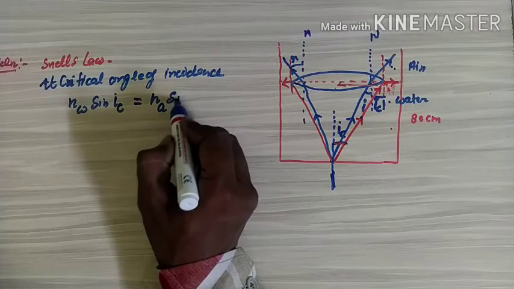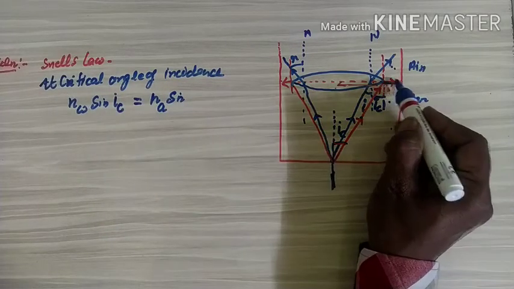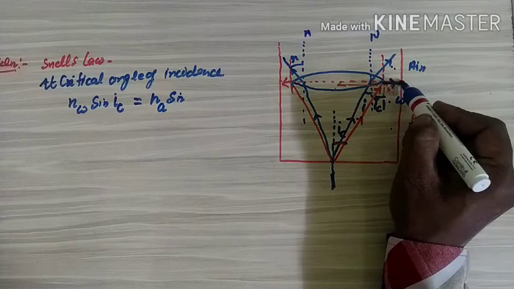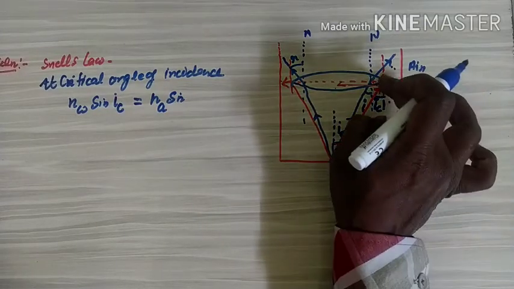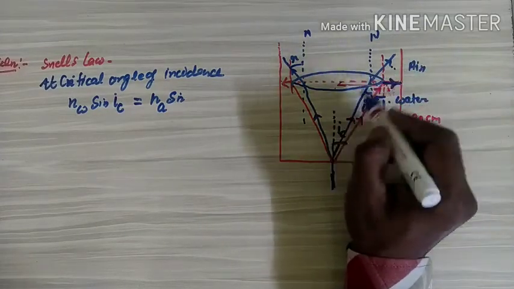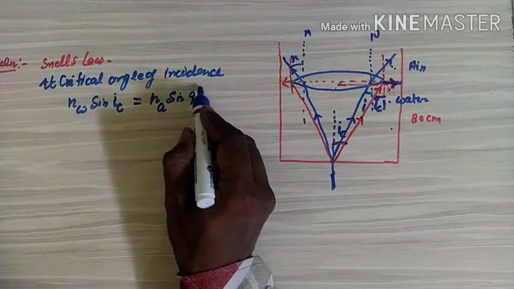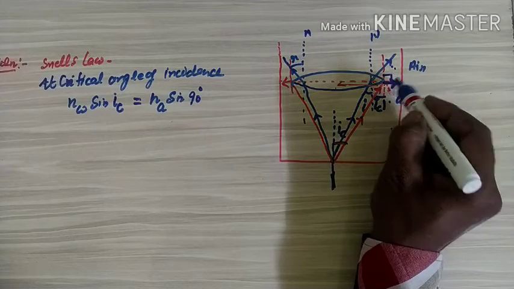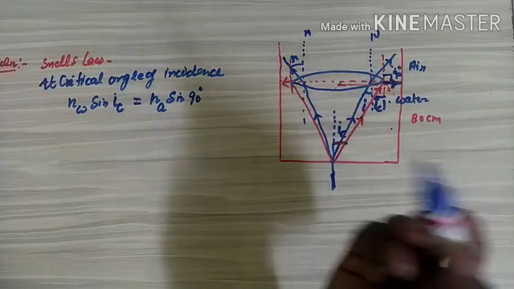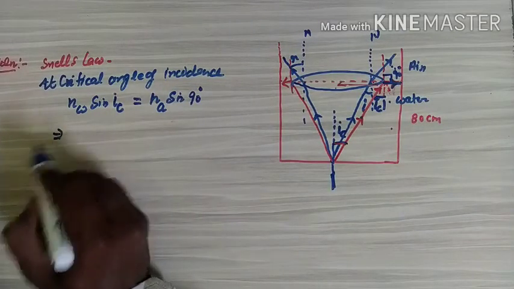And the angle then becomes 90 degree because the light does not go to air, it travels on the surface. So the light only in this area you see, so we write 90 degree because this angle becomes 90 degree. So nW